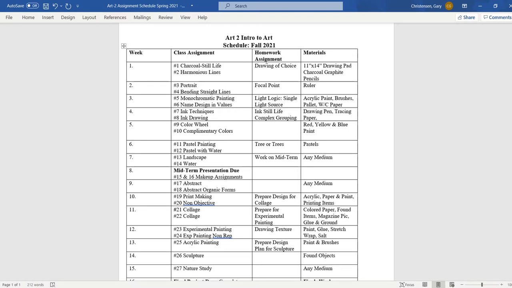As you can see by this schedule, which I'm going to show each day when I make a video for the first 2 weeks, and then I'll provide it for you as well. You can print it out, or when we start meeting face to face, I'll provide it as a handout. It's a good way to stay on schedule with your assignments and what's due each week. Each week there's basically 3 assignments: 2 during the week and then 1 on the weekend.